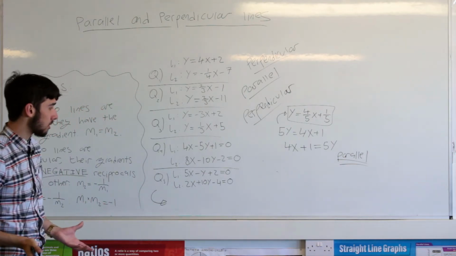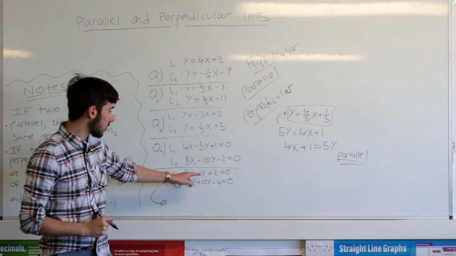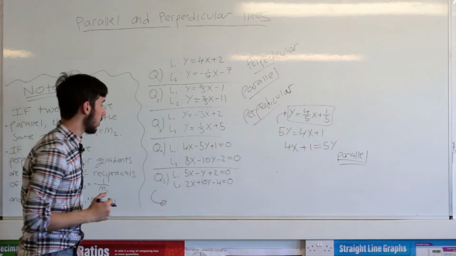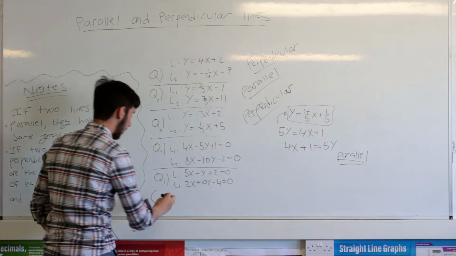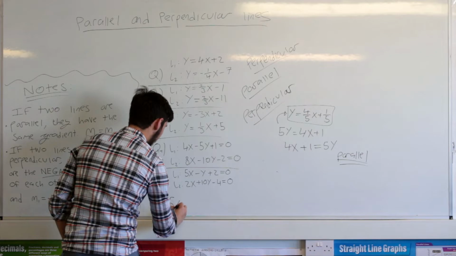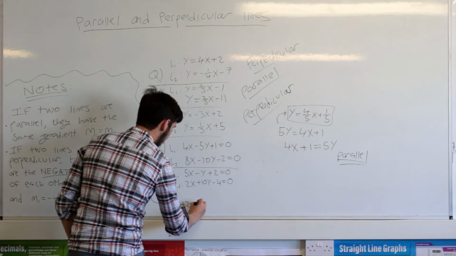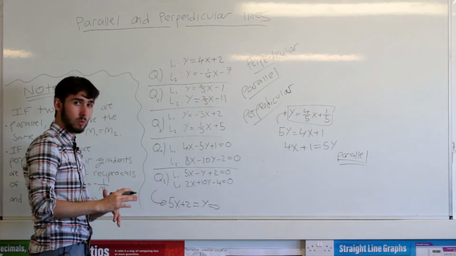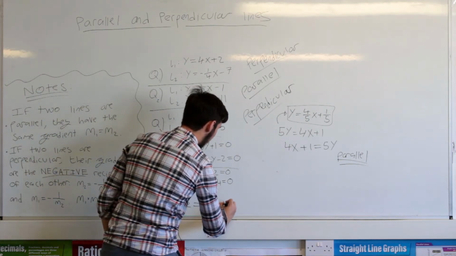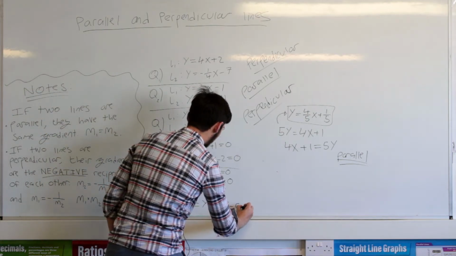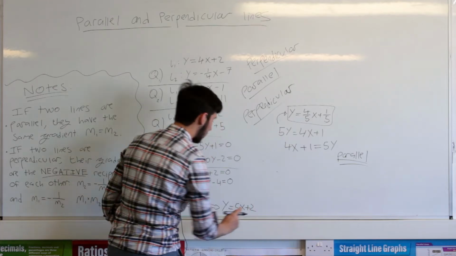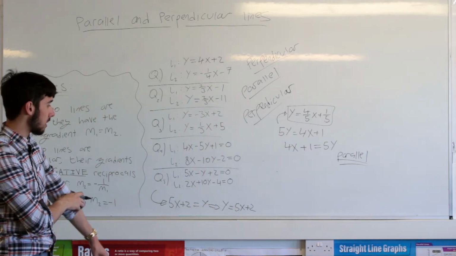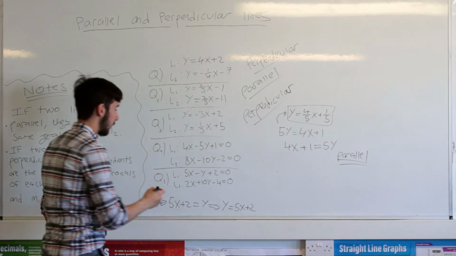Again, same procedure, although this might be a bit easier because we've just got a 1y here. So let's add y to both sides. We end up with 5x plus 2 equals y, which means, if we just swap the left and the right hand sides, we get y equals 5x plus 2, just like that, and that's actually done. We don't need to divide by anything because it's already on its own. And then for line 2,